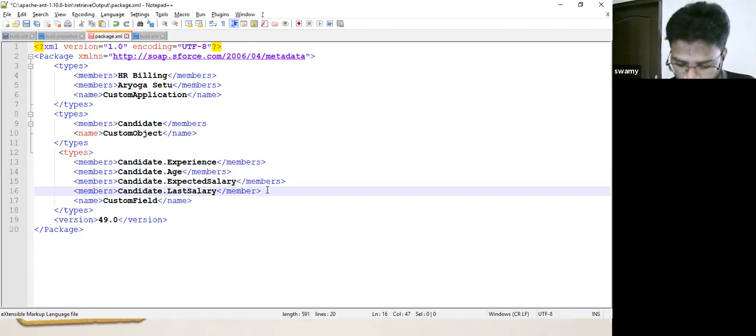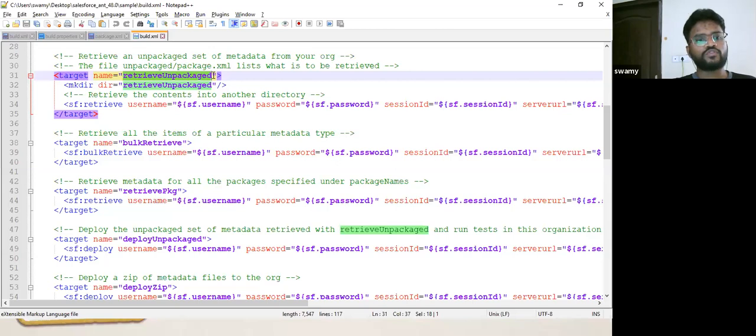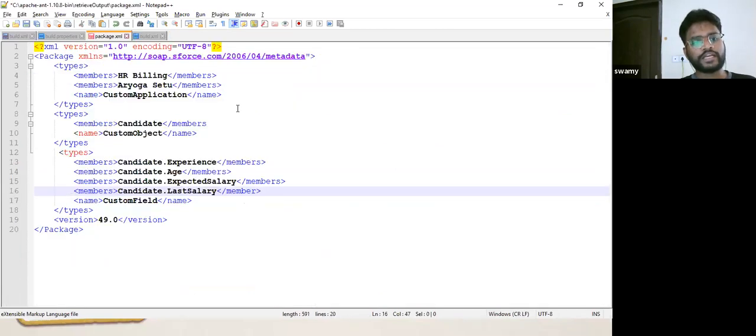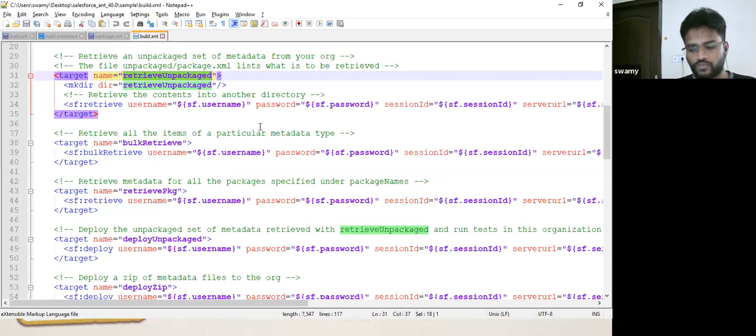So for this, we can just go to our sandbox. We can create an outbound change set that I have told you about in the starting. From there, you can directly retrieve the package name. For that, you can give that package name. And if you don't want to do that, you can directly create all these files here in package.xml. There are certain other things that we won't be able to do through change sets that you have to do manually.